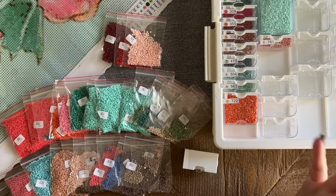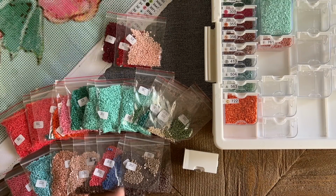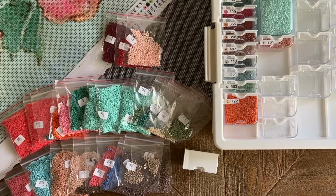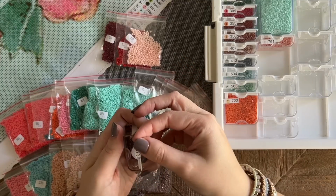And hopefully this is encouraging to know, your enjoyment and your love for diamond painting absolutely can and will come back. So, you don't have to panic and force yourself to push through the burnout for fear that if I don't, I'm never going to diamond paint again. All right. So all that being said, my friends,